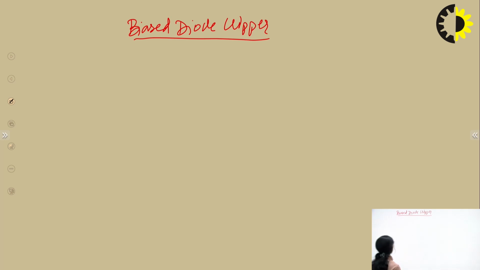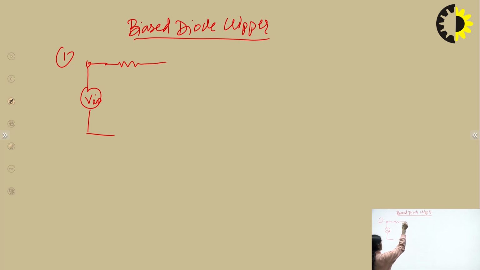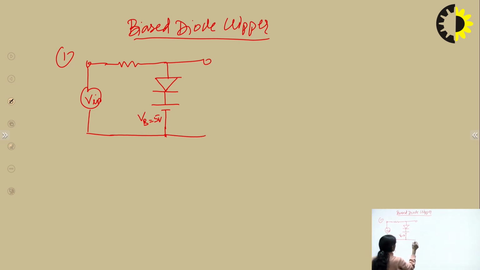So in this also we are going to see the first circuit arrangement. In this first we will give the input Vin here, and in this arrangement resistor is connected in series and diode is connected in shunt, and in this diode one DC battery is connected along with this. So again let's say we called it as VB, let's say we will take it as 5 volt and we will take the output across this whole arrangement. So this is said to be biased diode clipper in parallel configuration.